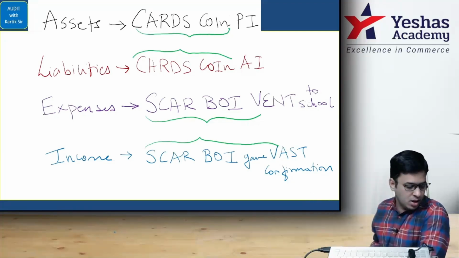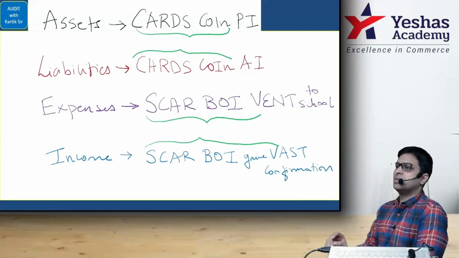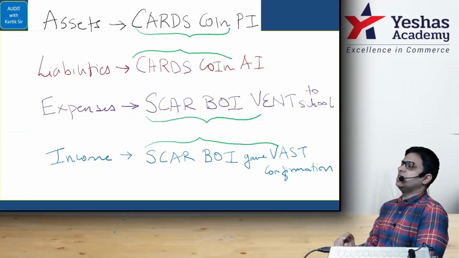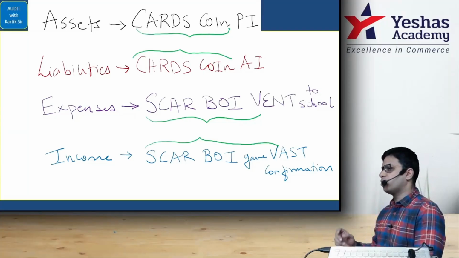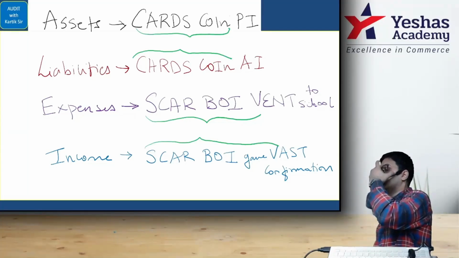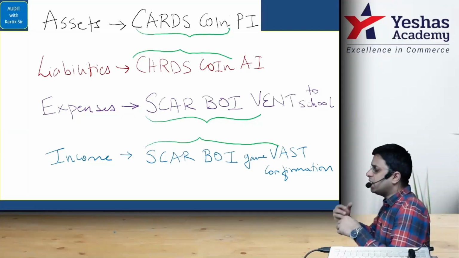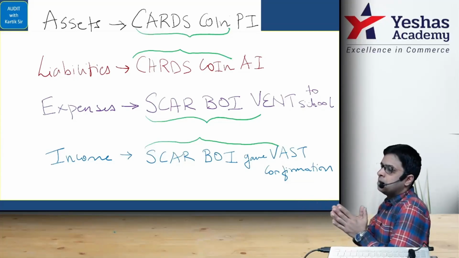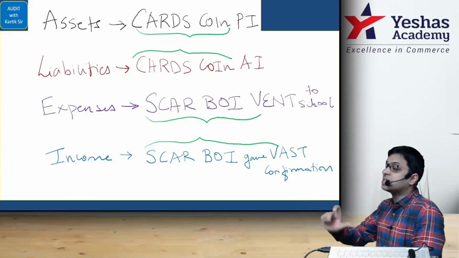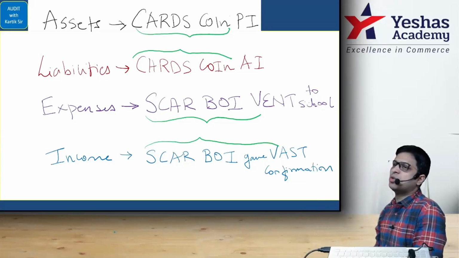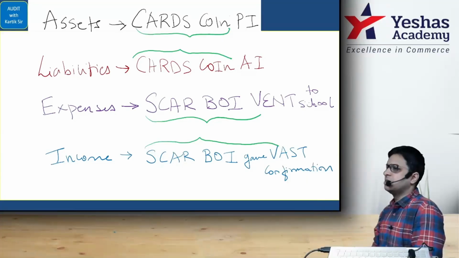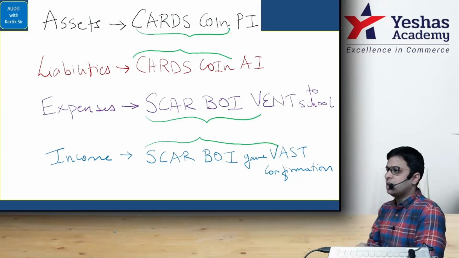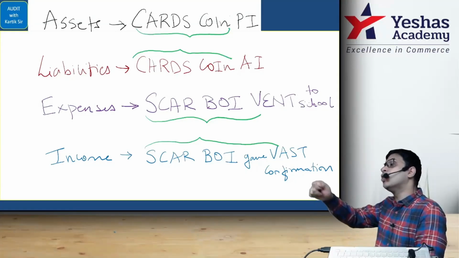Let's start. Please see here, everyone. Point number 1 for us: first is confirmation. Circle C for confirmation. Now, we are on the last day of auditing, so you have to start using your own mind and think about how you can make the answer better. I have given the general points, but you have to customize it. Suppose the question is about debtors. Confirmation will be the general point, but you can make it specific in relation to debtors.